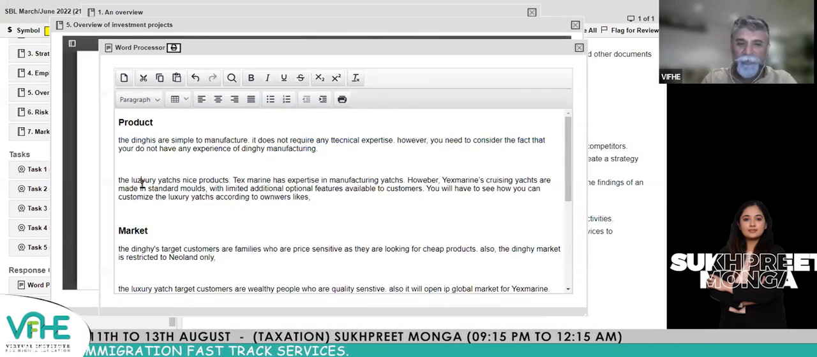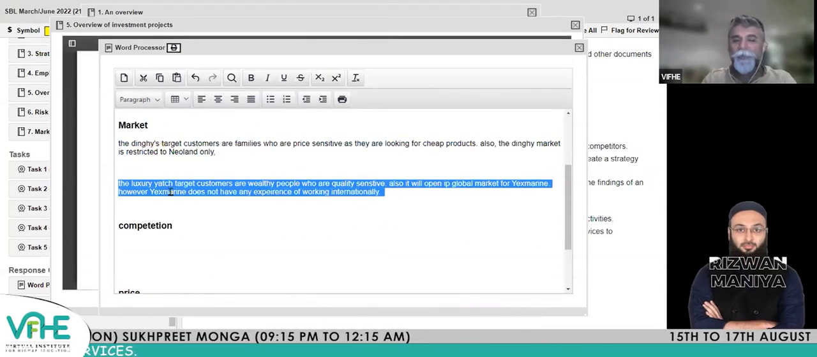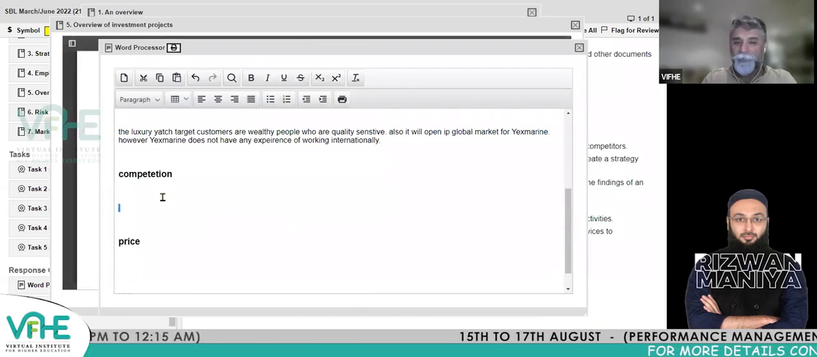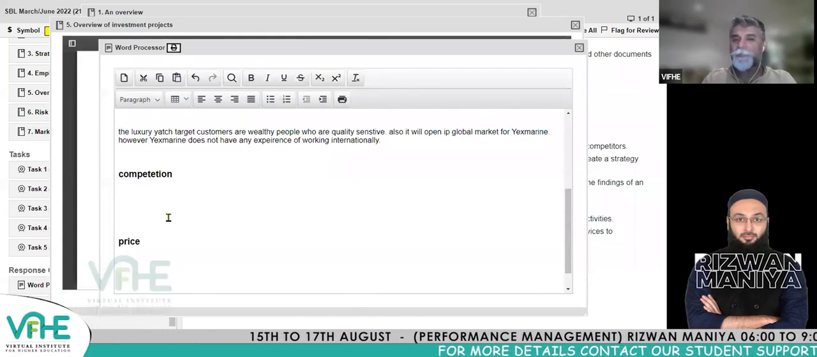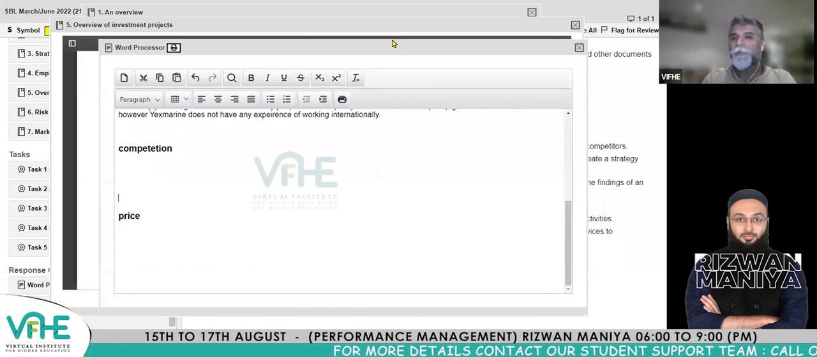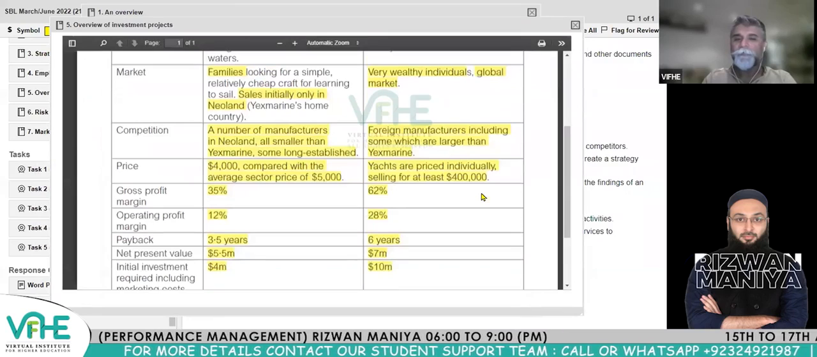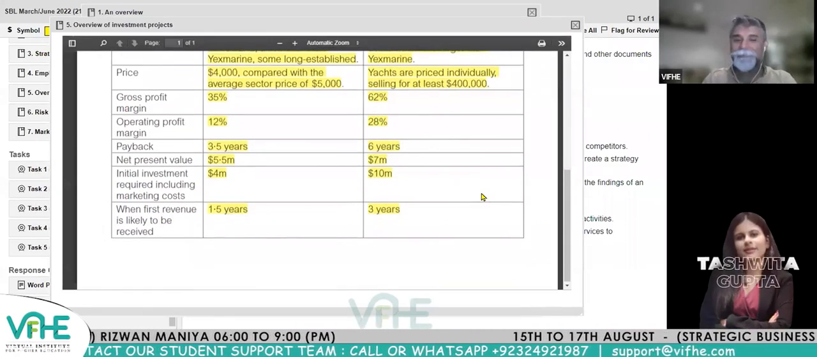Do you understand? These are 2 points. Market: one comment on dinghy, one comment on luxury. This is 2 points, not 1 point. So competition: one comment on dinghy, one comment on yacht, another 2 points. So there we will be able to write actually a lot of points. So we are all eventually making more points already than